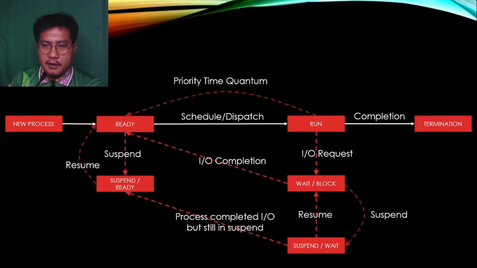But there are some tendencies that it will not just go to termination or the end point. Say for example, it will be suspended. Now, some processes will be suspended but put on ready until they are resumed. The scenario for this is, say you have already exhausted your resources. For example, your RAM is already packed with different open processes, and you still want to open a new process, but that process could not be scheduled or dispatched for running because it requires a lot of resources. It requires at least, say for example,